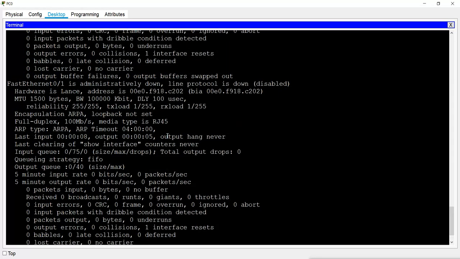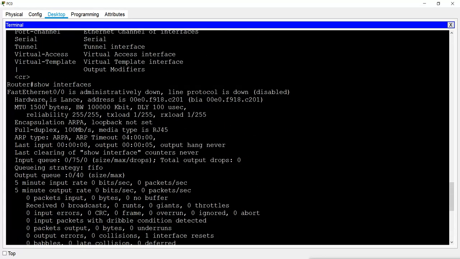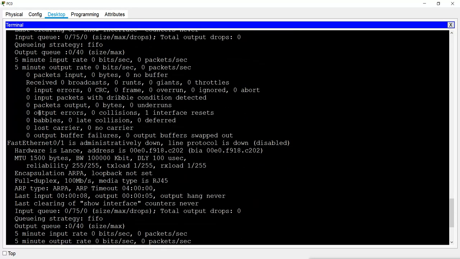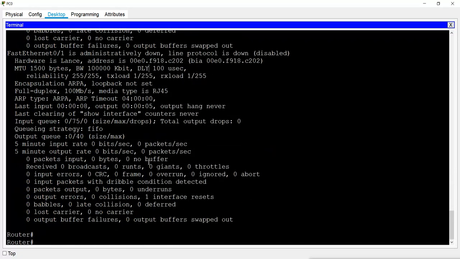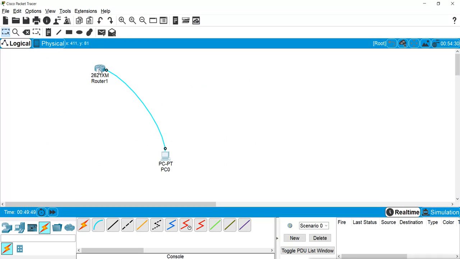Right now in this router I have only two interfaces for the network, that is Fast Ethernet 0/0 and Fast Ethernet 0/1. Now I could have multiple interfaces if I connect them, because this router is a modular router.